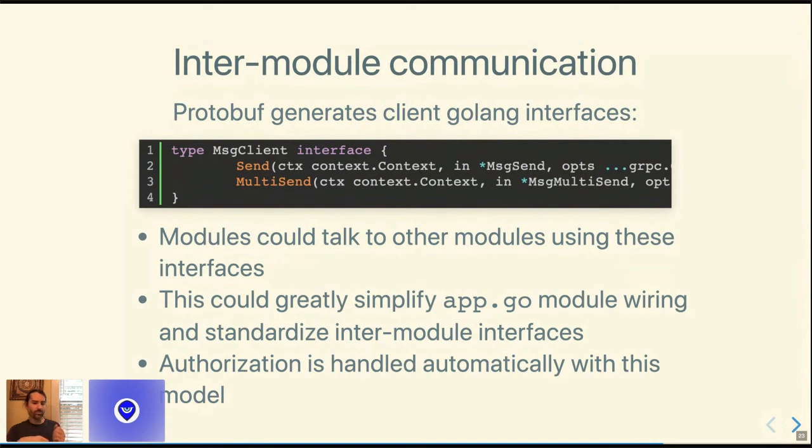And if not, they can't perform that transaction. So applying that same model to intermodule communication could open up some interesting things, such as modules that are fully implemented in WASM using Cosmos WASM, or other ways we could have modules in other languages. So there are lots of interesting things that could be opened up by this approach.